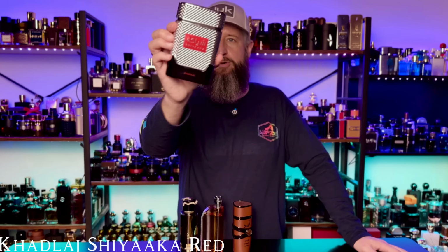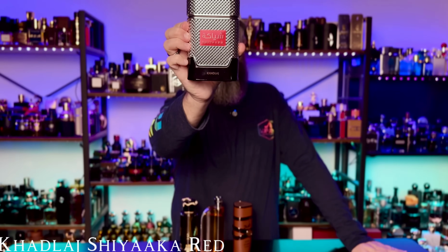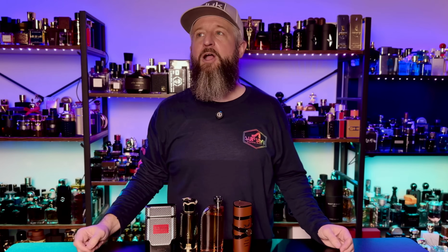You get a good bit of powderiness coming from orris root or iris, and then you get some aromatic notes. So again, it smells a lot like Reflection Man. It even has been compared to, as did Reflection Man when it came out, almost like a niche twist on the original JPG Le Male. I would say that it's quite different than Le Male, but it is kind of a